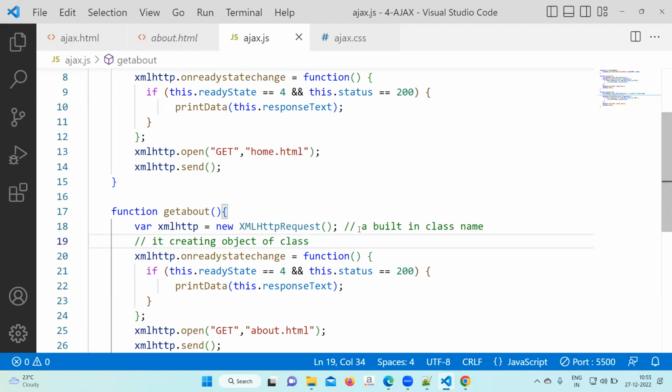So what is the class name? The class name is called XML HTTP request. Now after creating the object of the XML HTTP request class, what will it do? It will communicate with the backend. This class has some functions that will help you to communicate with